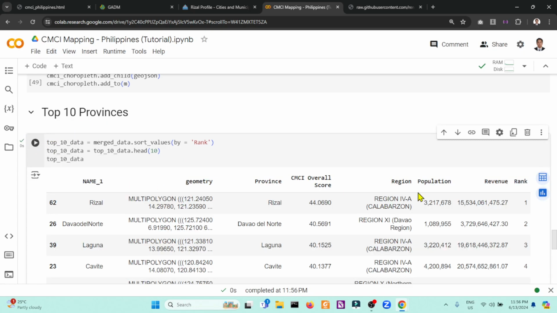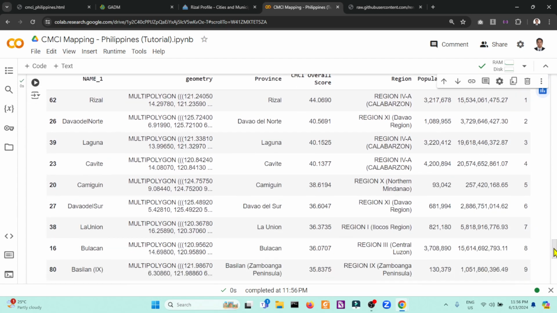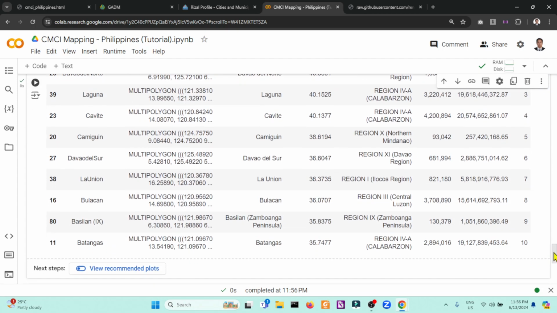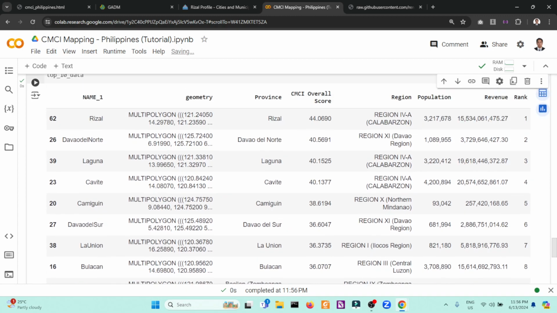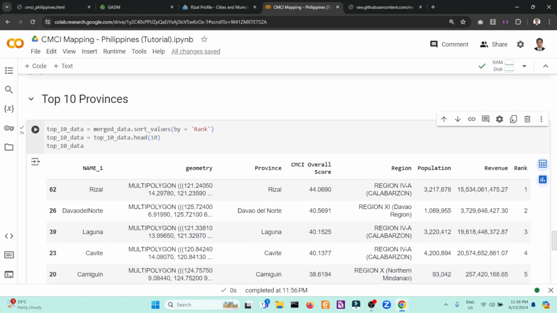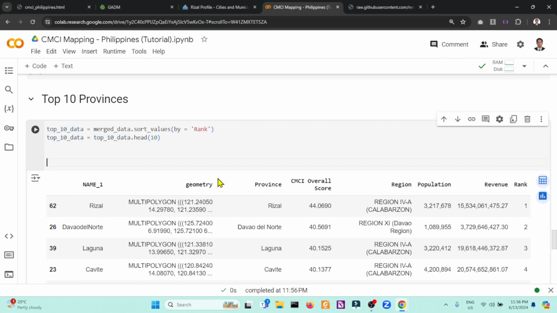Let me show you the data. So from Rizal, okay, up to Batangas. That's our top 10 in terms of the cities and municipalities competitive index. So in order to identify the top one, I can define a top rank variable based from top 10 data of rank.